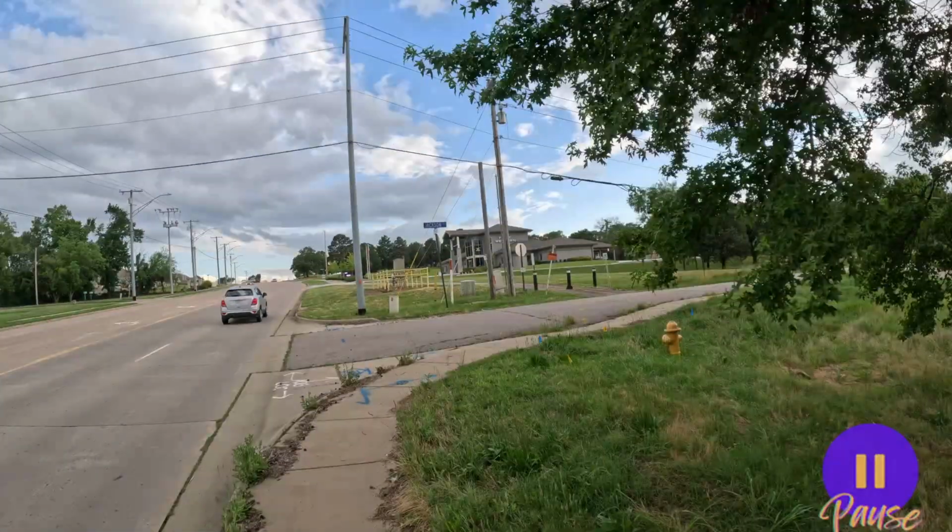This turn in the sidewalk up here, I'm going to classify as a meandering sidewalk. Meandering sidewalks are an annoyance because they cause you to have to turn slightly when you otherwise wouldn't have had to turn, but they can also be dangerous as well. So in this case, if you can imagine, I'm about to take this turn up here, but what that's doing